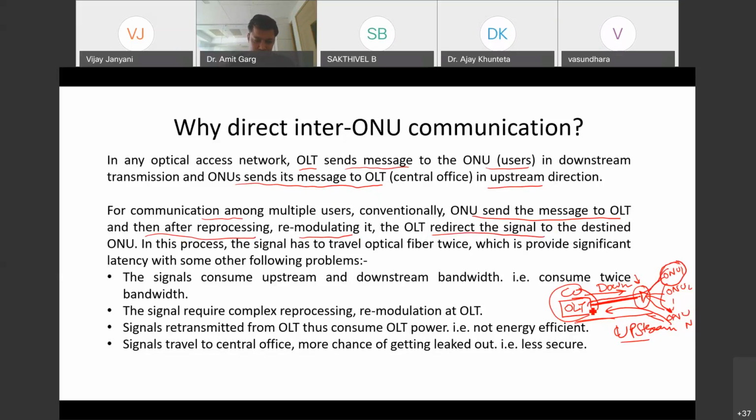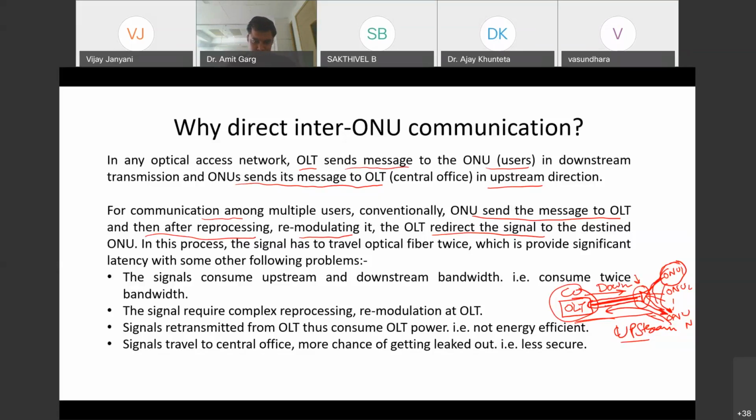There at the OLT the signal is received, reprocessed and remodulated, and then sent again through the whole fiber, and then there is some mechanism by which ONU-N can receive that signal. So there is no direct communication between the ONUs.